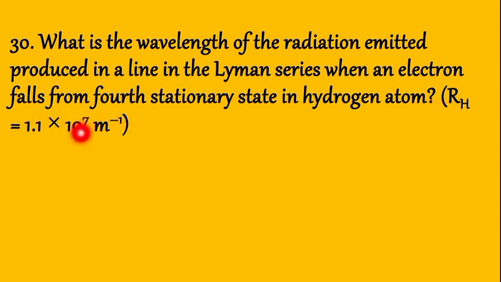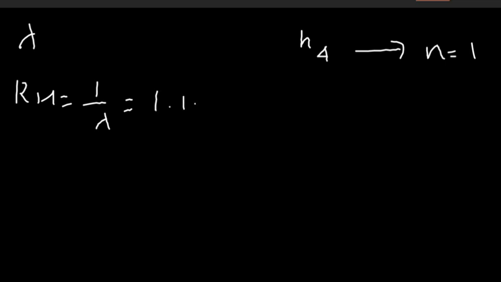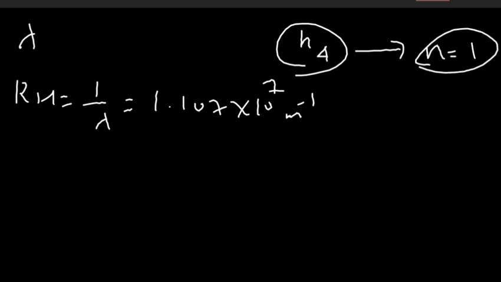1 over wavelength ኮንስታንት ነው የተሰጠን እና ጥያቄው መስራ የተጠየቅነው wavelength ነው። ዋና ጥያቄ ምንድነው? ከN4 ወደ N1 ኤሌክትሮን ትራንሲት ብታደርግ ወይንም ኢሚሽን ላይት ይኖረዋል የራሱ። ጥያቄው እዚህ ላይ ኢነርጂ መስራት ነው። በመጀመሪያ wavelength ለመስራት ኢነርጂ መስራት አለባችሁ። RH ተሰጥቶናል። RH ማለት 1 over wavelength which is equal to 1.107 times 10 to the power of positive 7 ሜትር ኢንቨርስ ነው ማለት ነው። ይሄ 1 over wavelength ነው።